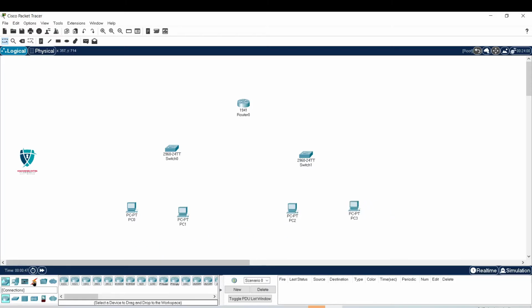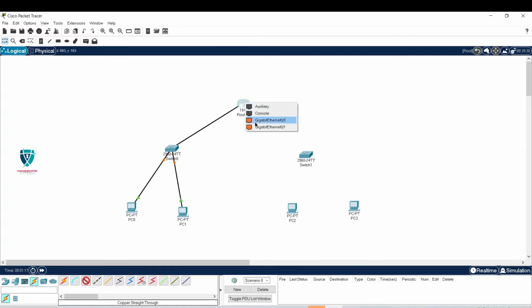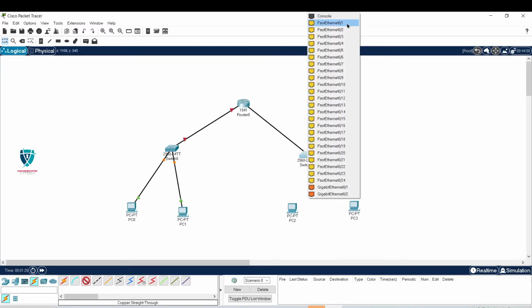So I'm going to connect this router, switches and end devices by clicking on connections, and I'm going to select copper straight-through and then select FastEthernet 0/1. Then next, the same FastEthernet 0 and select 0/2, connect to any port. It does not restrict our packet, connect to any open port. Then from FastEthernet 0/3 to GigabitEthernet 0/0, and from GigabitEthernet 0/1 to FastEthernet 0/1.